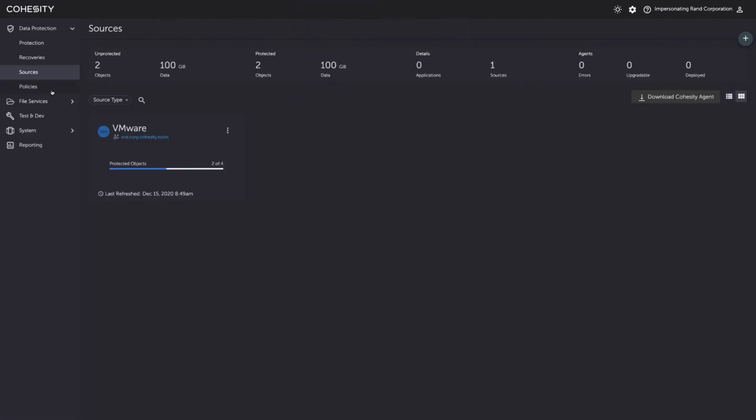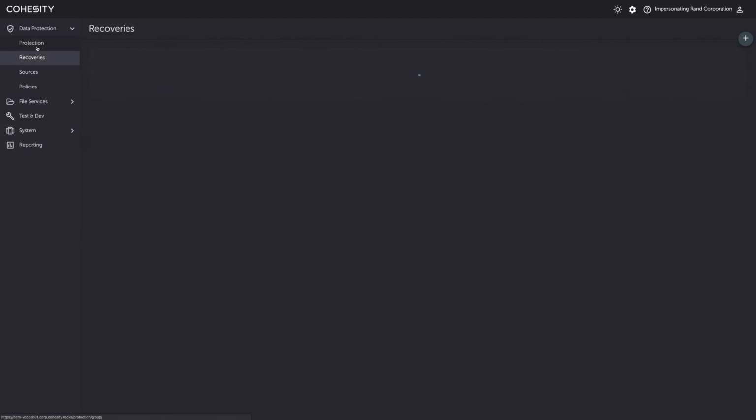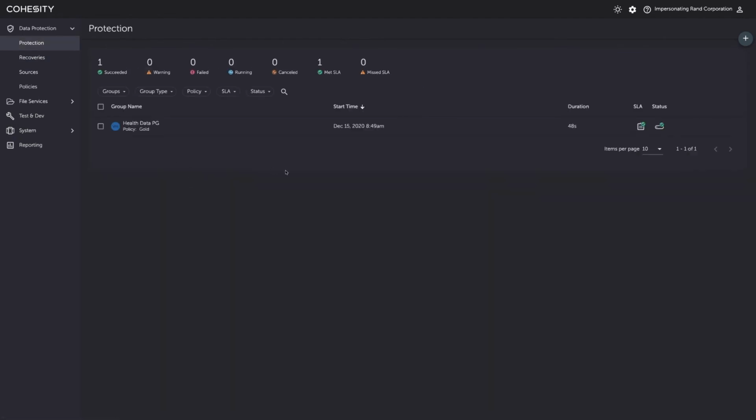But now you can see that a few things have changed. I can actually see my protection jobs, and we'll go into that in a second. But I can actually, as the provider, impersonate somebody and create protection jobs for them, or I can provide self-service. The self-service is going to be a little bit better for the consumer, and that'll be more in the second video. So let me go back and show the mappings capability and how we actually map the organizations on the Cohesity side over to the